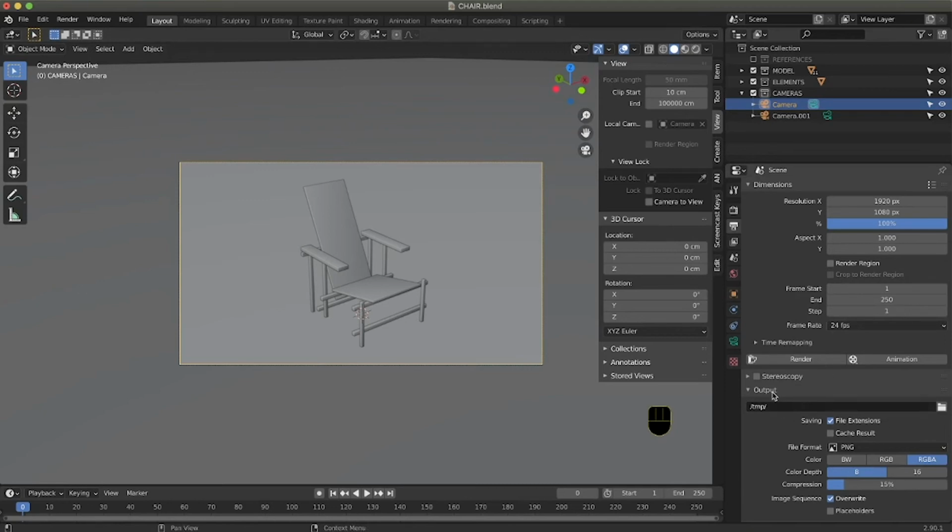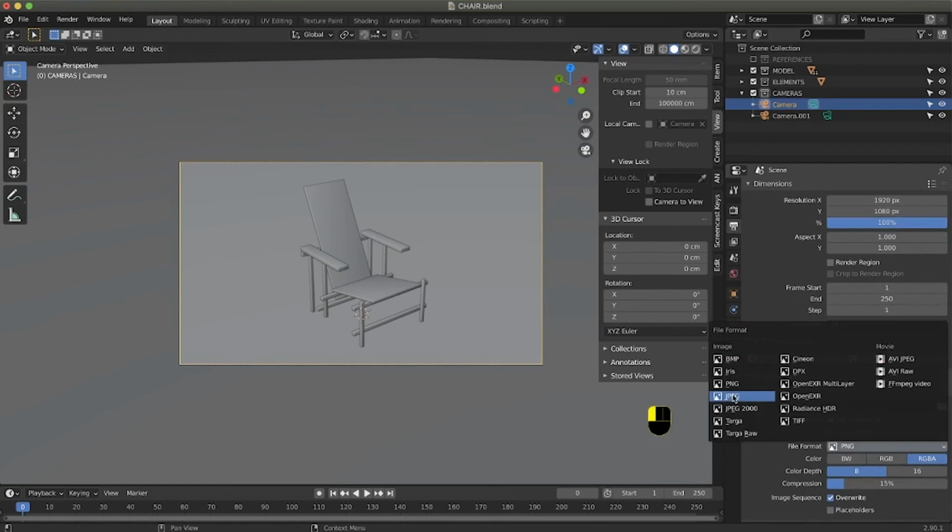We need to set up an output because the output at the moment is a temporal folder. To be honest, for the still images you don't even have to set up, because we are gonna save the image directly from the inspector. What's important for now is the file format.